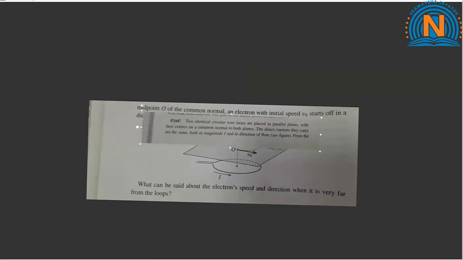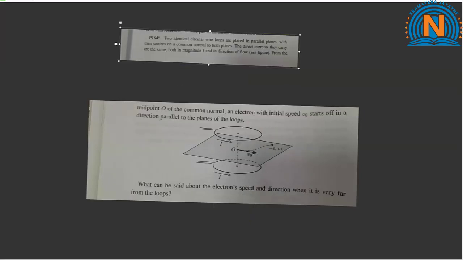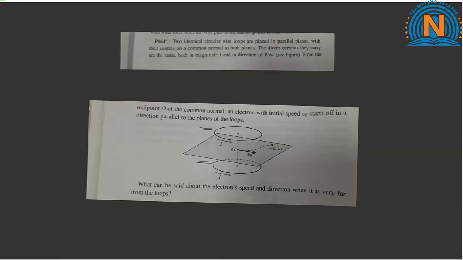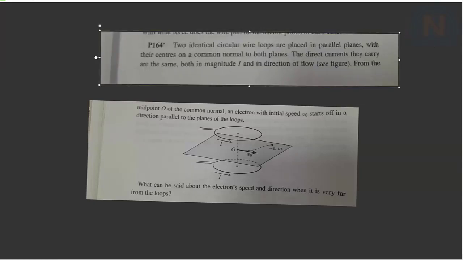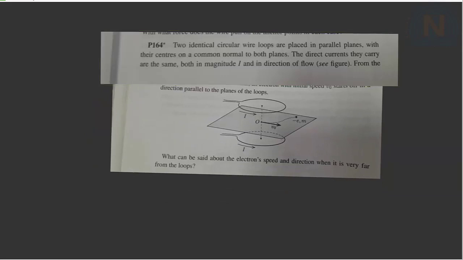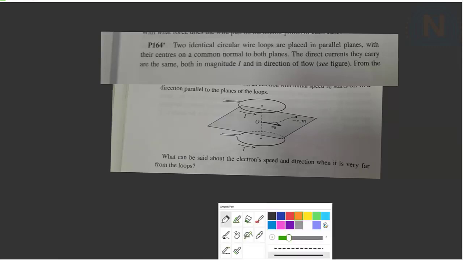In this problem, there are two identical circular wire loops which are placed in parallel planes. So these are two current carrying rings which are placed in parallel planes, maybe let's say in the XZ plane. Now both the rings are kept fixed by some external agent, and they have made a hypothetical plane which is